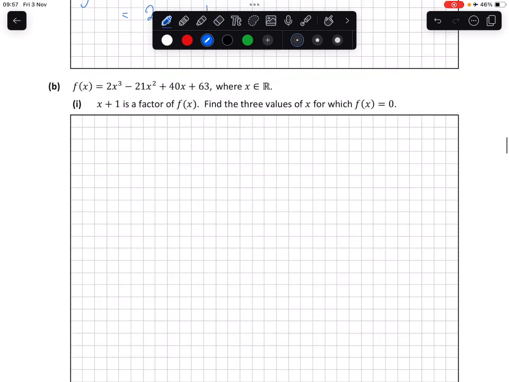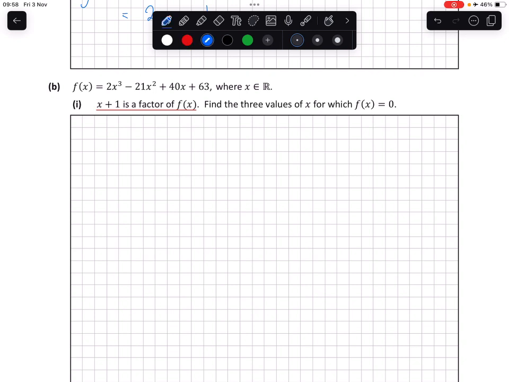Next, part B. f of x is equal to 2x cubed minus 21x squared plus 40x plus 63, where x is a real number. x plus 1 is a factor of f of x. Find the three values of x for which f of x is equal to 0. Quick thing to spot: it tells us that x plus 1 is going to be a factor of f of x. Wherever you see this in the Leaving Cert, if it tells you that it's going to be a factor,